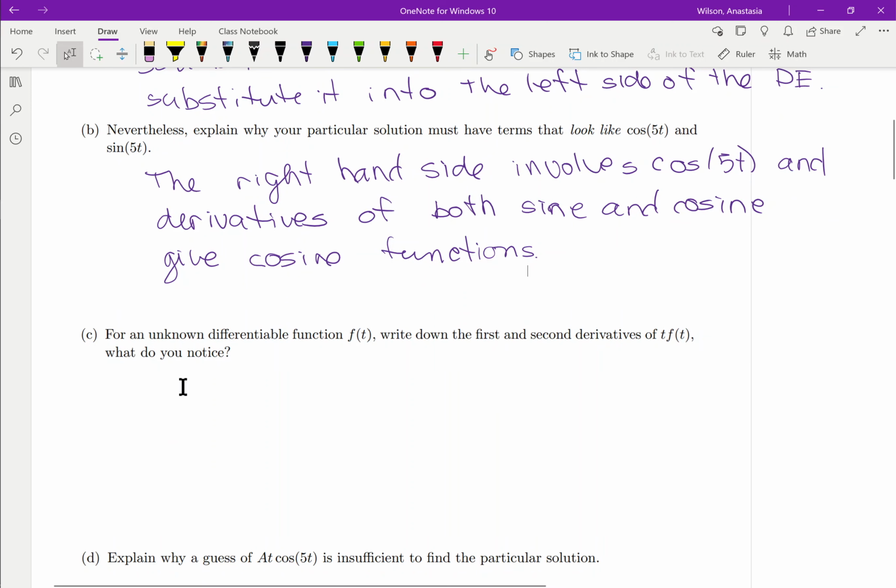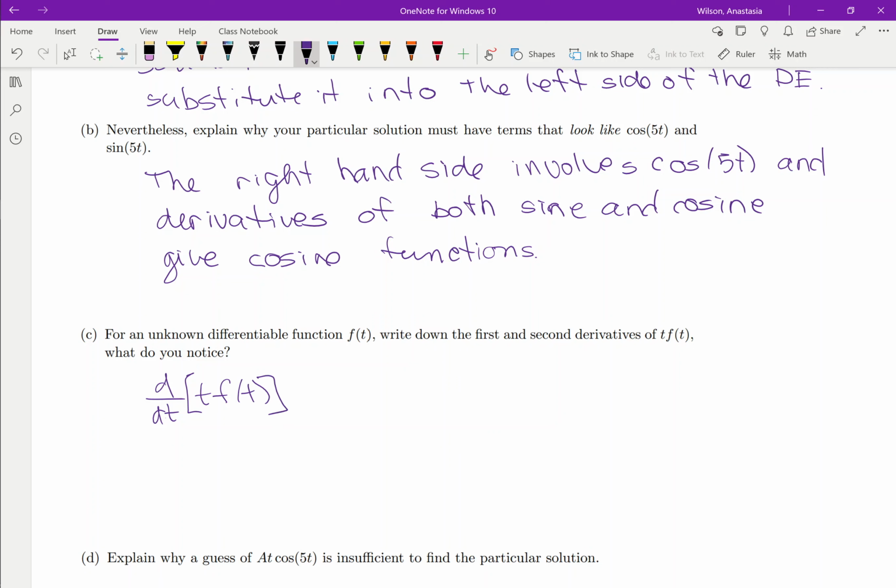So part C, for an unknown differentiable function f of t, write down the first and second derivatives of t times f of t, and then after we've done that, what do we notice? So what we need to do is take the derivative with respect to t of t times f of t, and notice this says that f of t is a differentiable function,